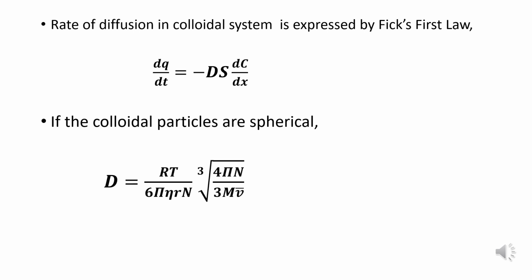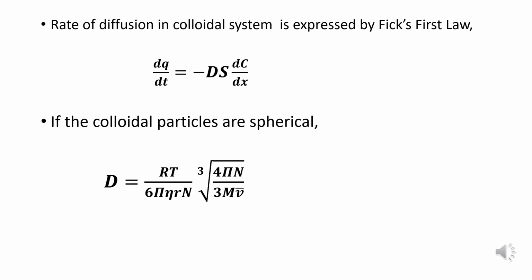And the second equation represents the diffusion coefficient for spherical colloidal particles. The equation is D is equal to RT by 6 pi eta r N, times the cube root of 4 pi N by 3 M V dash. And here R is the gas constant, T is the absolute temperature, eta is the viscosity of the medium, then